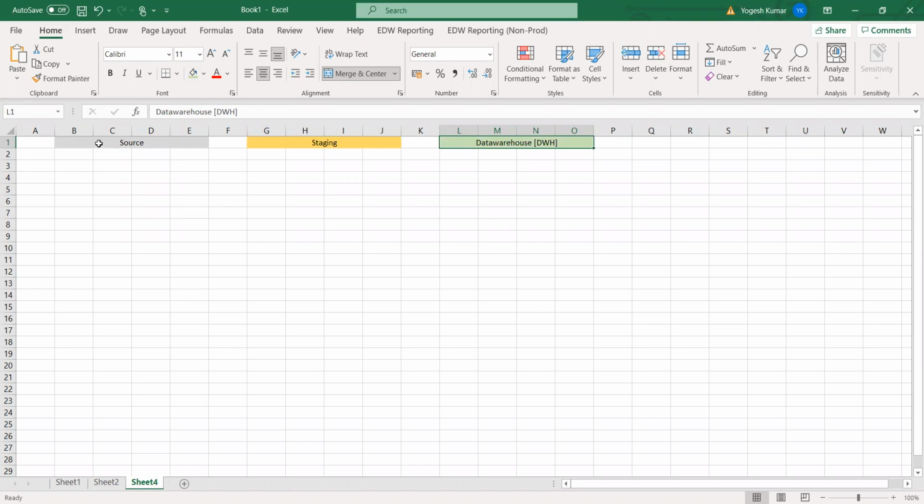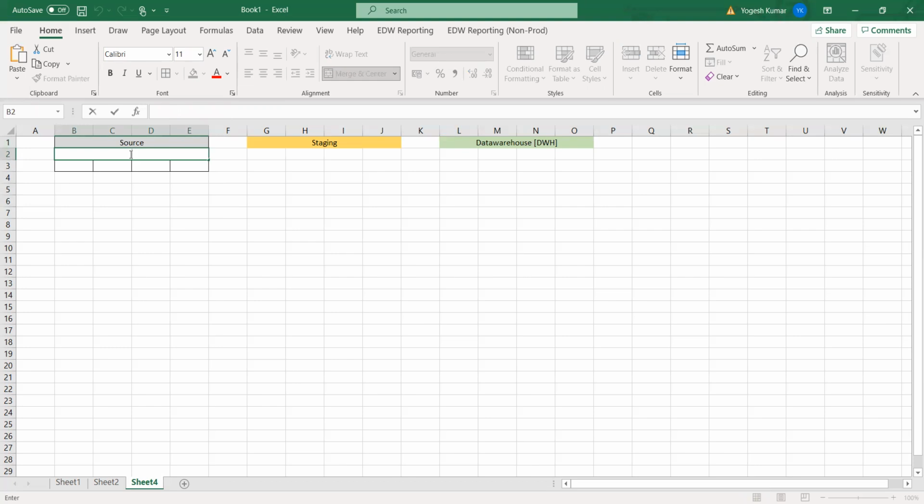Let's say we have a table in source. Let me name that table employee. The columns of the employee table: the first column can be employee ID, then first name, then last name, then location or city.